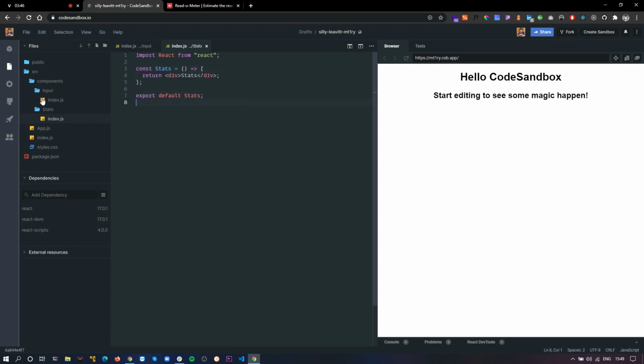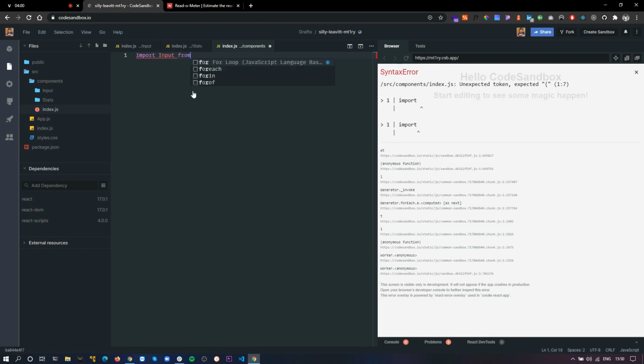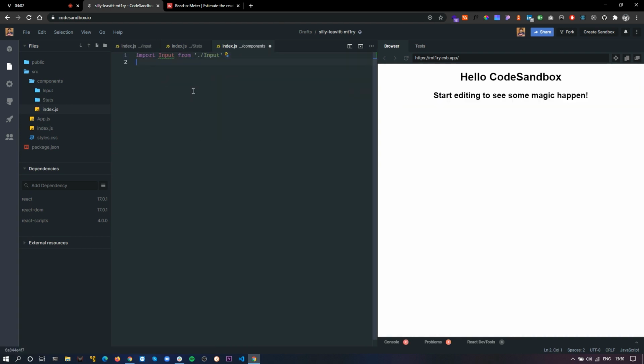So we have a stats component. Now I'll go into my components folder and make index.js so I can export my components. Then import stats from stats, and now I'll just export it.